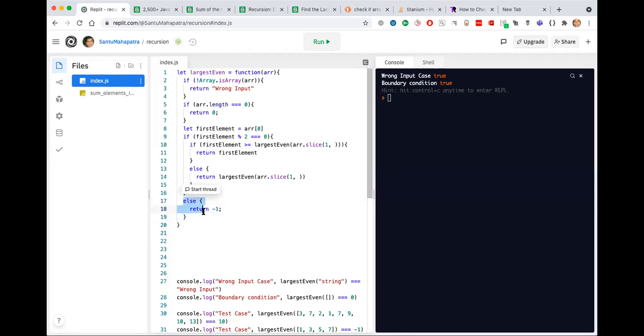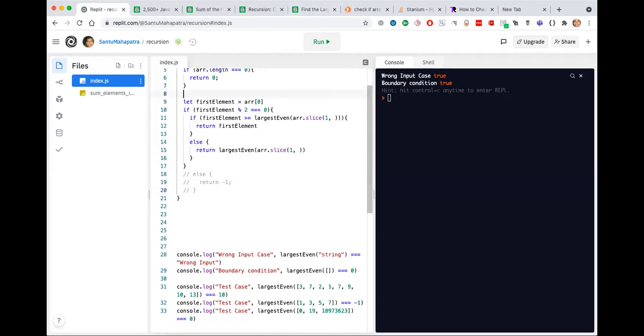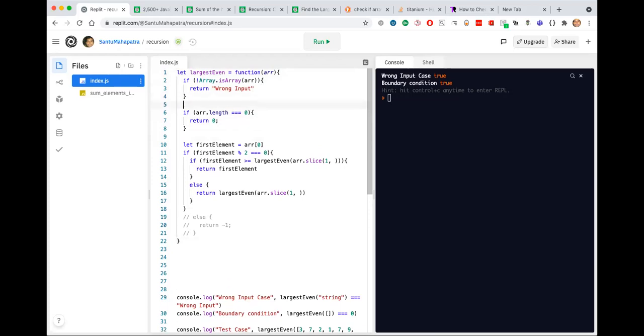Let's run this first thing. I don't think this is correct. We have to take care of this case as well. We will take care of this later. Let's just run it first. And I will print all the arrays here, to make it a little bit clearer.